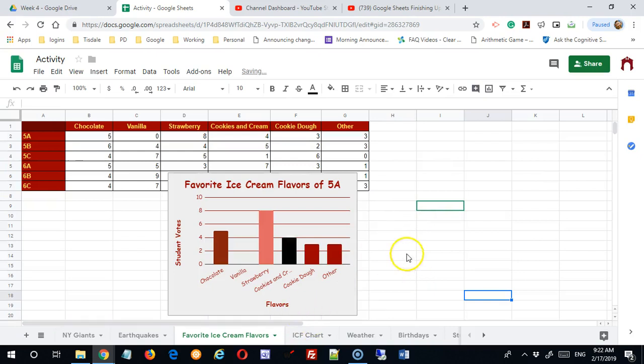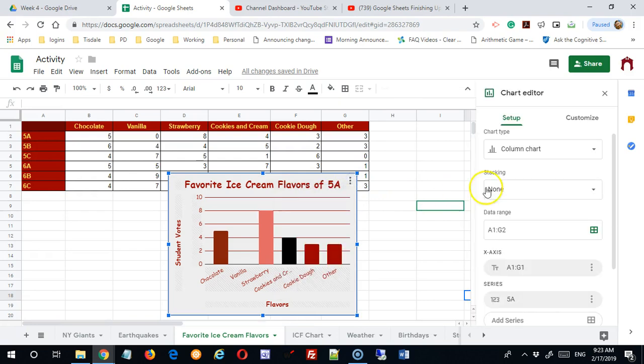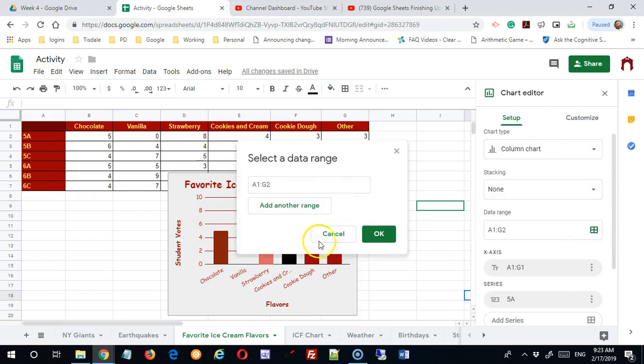Now, a couple of other options. I've got this whole thing built in that's wonderful, but let's say that I decide now that I really wanted it to be the 5th grade, and I don't want to rebuild the entire thing. Well, that would be a case where I would go back to the setup, and I could reselect the data. So I'm going to click in that box,